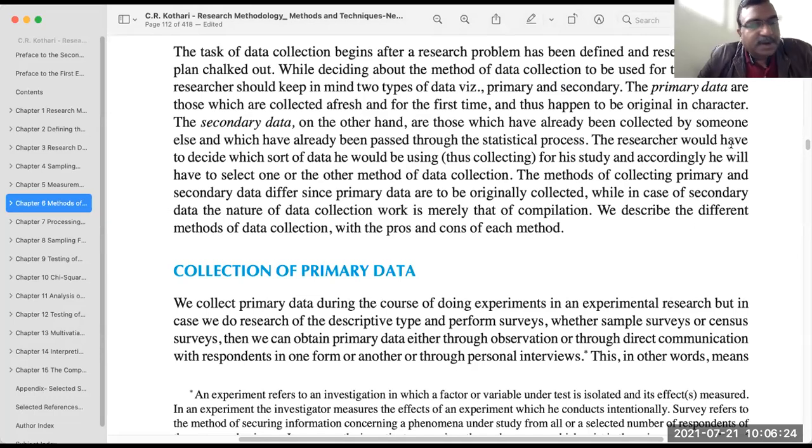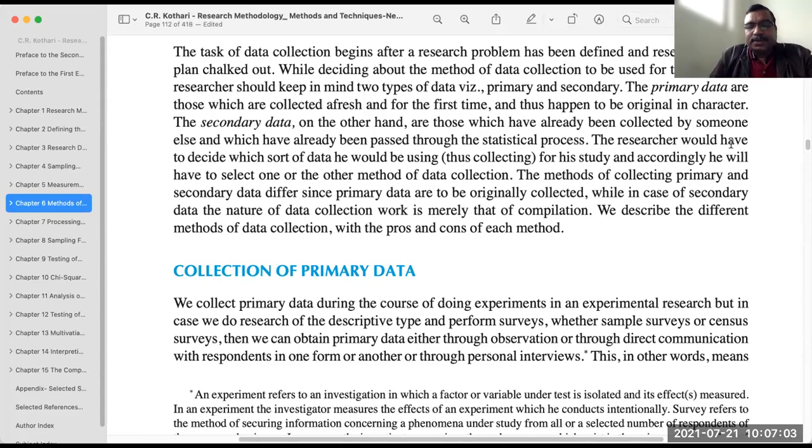Secondary data is the kind of data that is already collected by someone. Let's say some data is collected by a government agency for some other purposes, but you want to get that data for your own purpose, you want to use that data. So that data collected by some other agency for their own purpose, but you are interested in it for your own research, and you are not going to the field to collect it. That kind of data will be known as the secondary data, right? You are getting it from some other sources. You are not directly collecting.